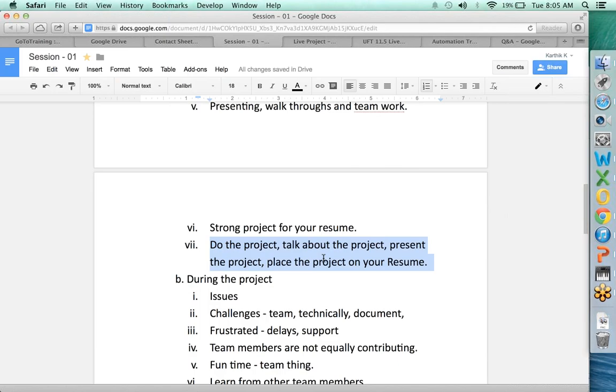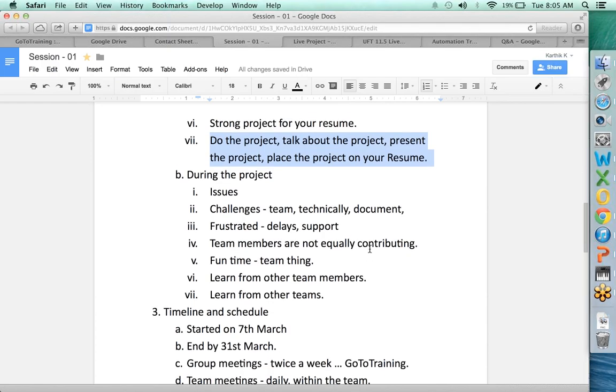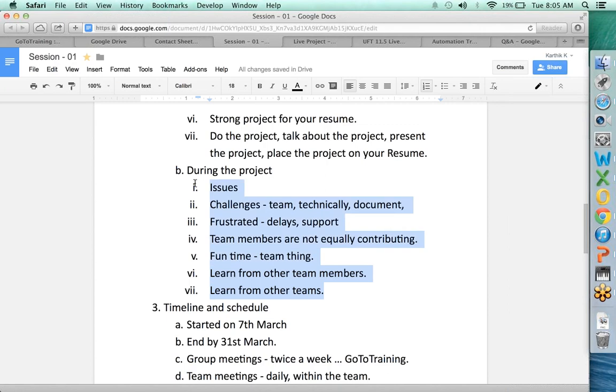Okay. The next 2 weeks, team, is going to shape you completely into how the project should get carried on. Now, what will happen during the project, team? Let's focus on this section. You will get exposed to many, many issues, could be as much as your own skill level. Issues could be availability of team members, or how many team members are dedicated and working on it. Some of them start off with a lot of enthusiasm and die out. Then suddenly you'll see that a new member has joined after a few days and you have to catch them up. Okay, there are so many challenges that you'll face from a technical aspect, how the team works, how the